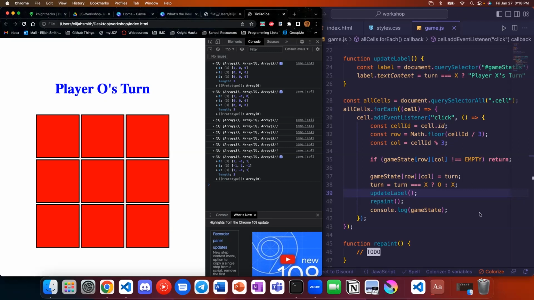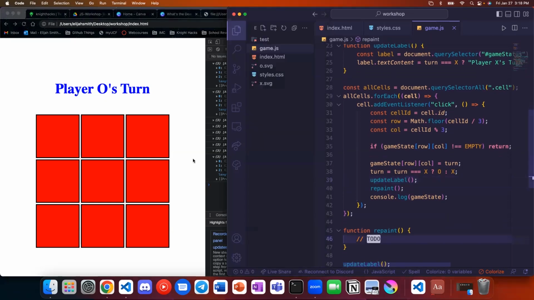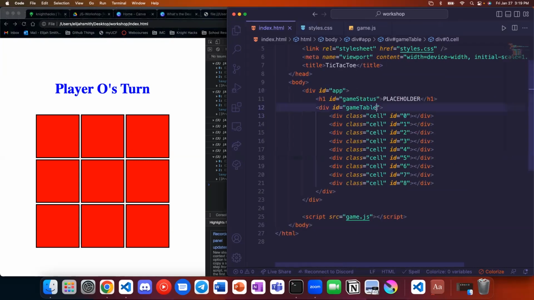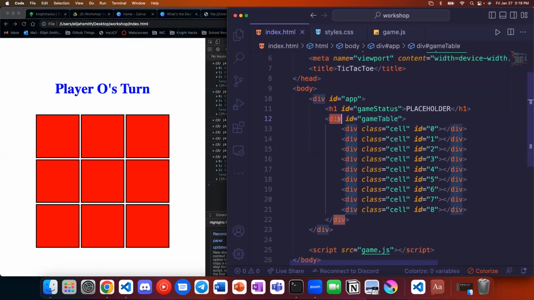All right. So the last thing we need to do is we need to actually modify our page so that when our game state changes, it'll insert X's and O's where it needs to go. The way that I've defined this HTML structure is we're representing the table as a div element, which means just a box, an empty box.